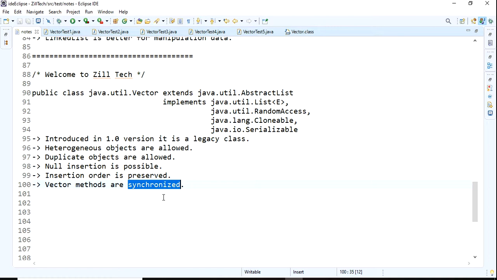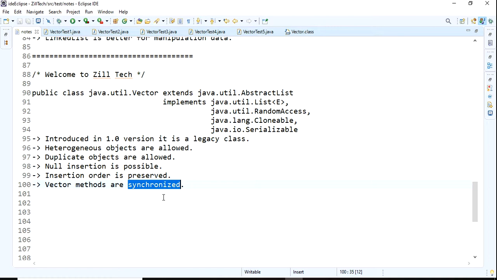Vector is an extension of AbstractList and implements the List interface. From version 1.2 onwards, vector is a child of List and AbstractList, so it is now fully capable with collections. From Java 2 onwards, it has become part of the collection framework.